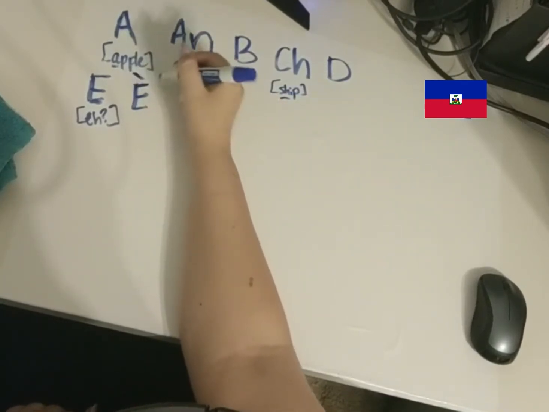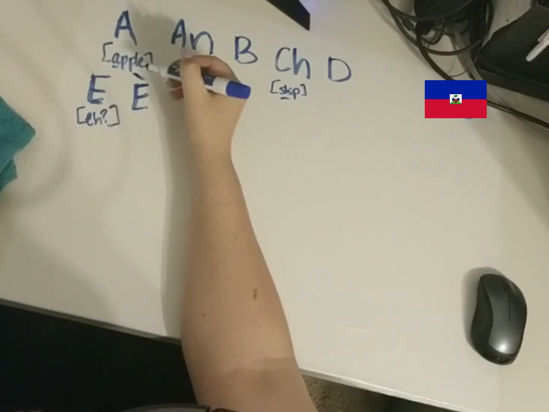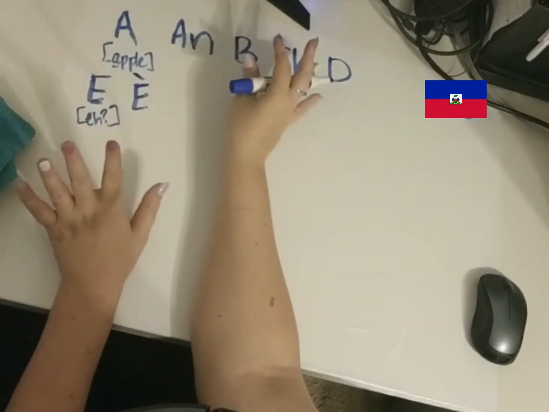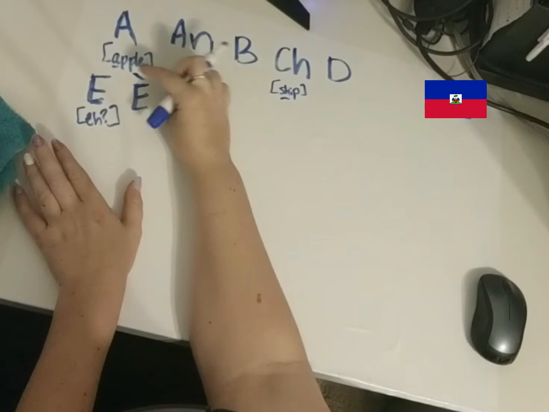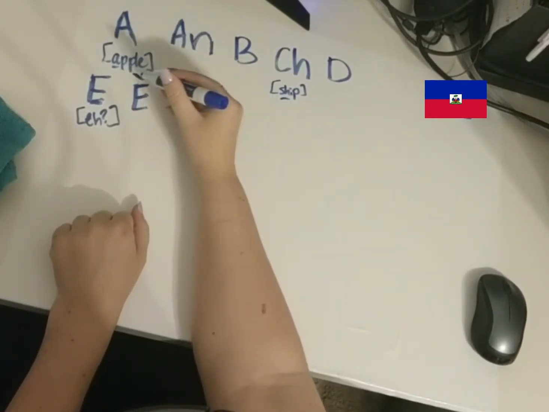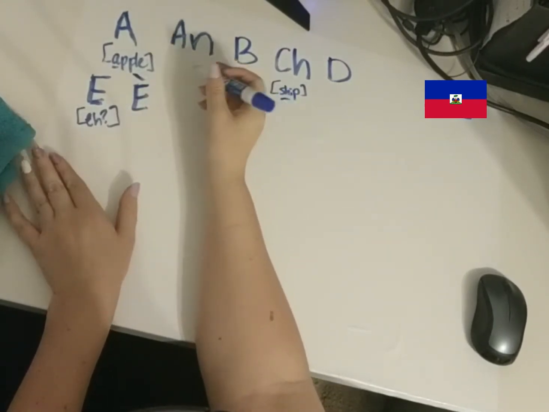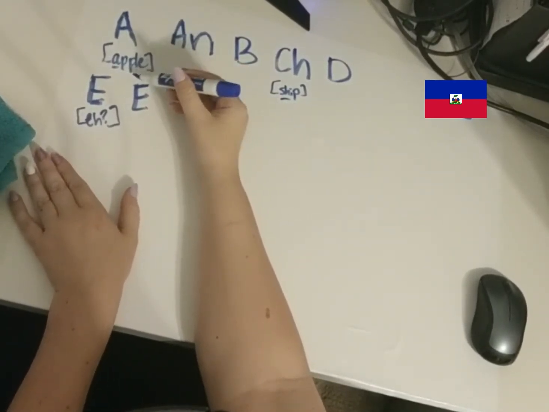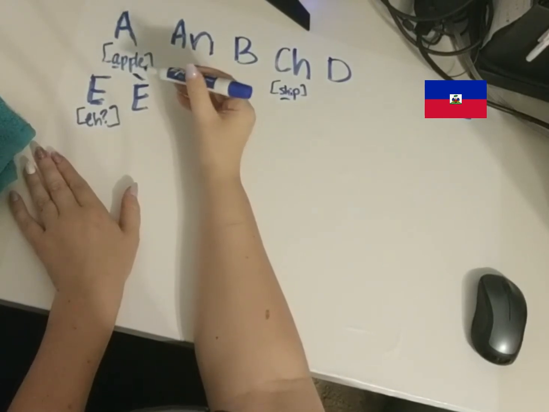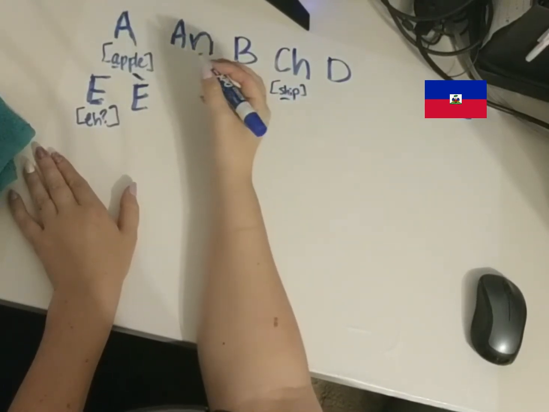Next one is, and another good thing about Haitian Creole is that this is the only accent you're going to see. A lot of languages use a bunch of different accents. This is the only one in Haitian Creole. So this is a grave, or in French it's grave. I speak French conversationally, by the way. That's going to come up in a minute. But it's always easy to remember the name of this accent because it goes down to the ground like a grave. It's a grave accent. So this sound,